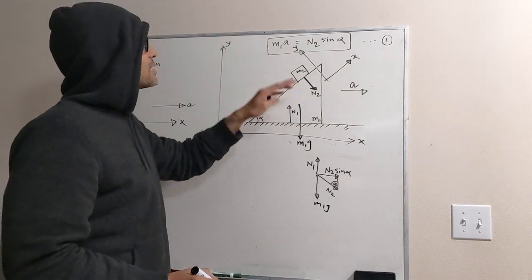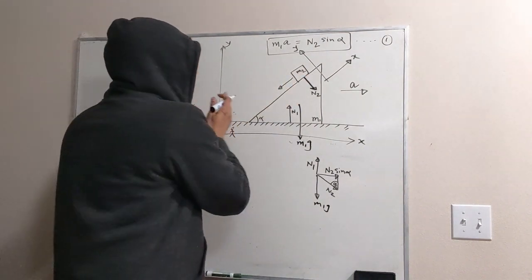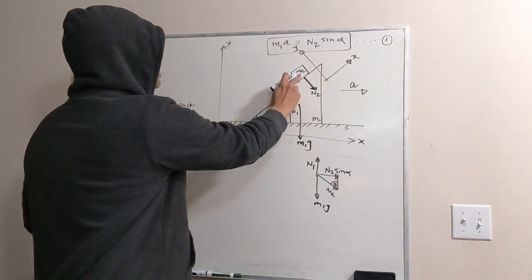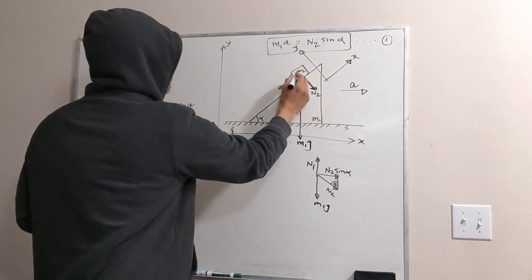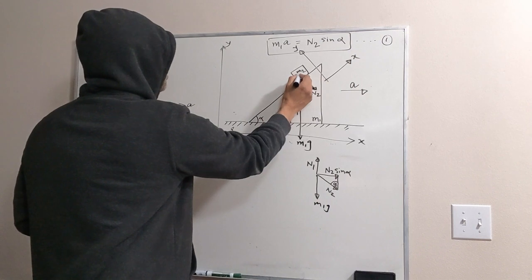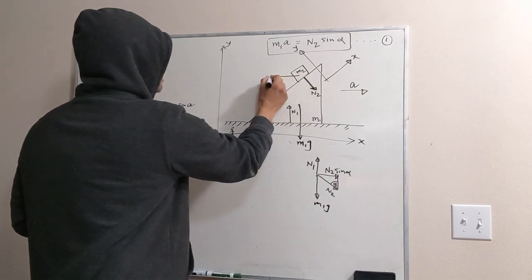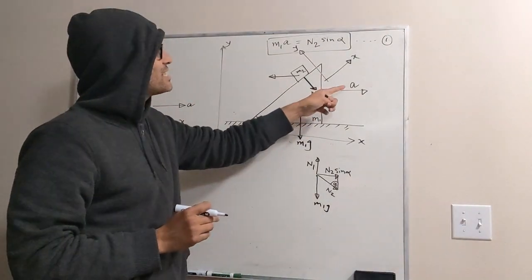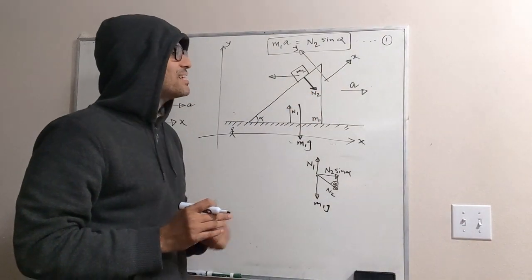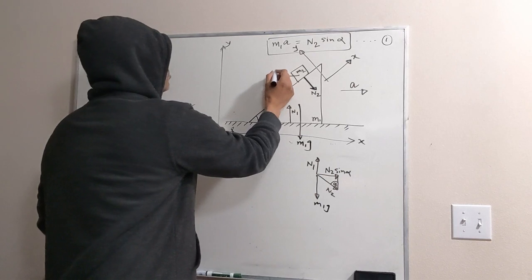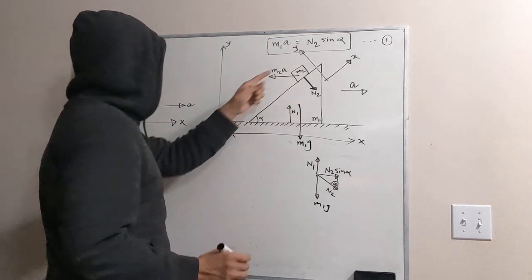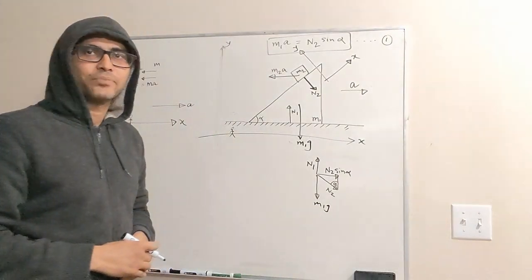So now the first thing, because your reference frame itself is now accelerating with a certain acceleration in this direction, to analyze the motion of this object from this reference frame, you have to assume a fictitious force in this direction, which is giving this M2 the same acceleration A, but in the opposite direction. So you have to assume a force of M2A acting on this object in this direction, right?